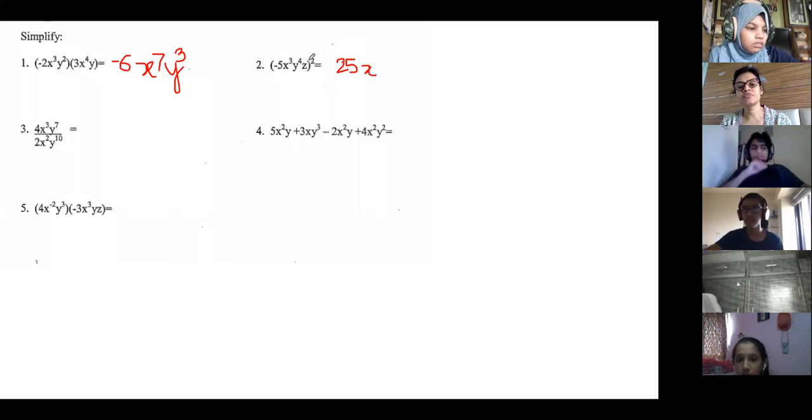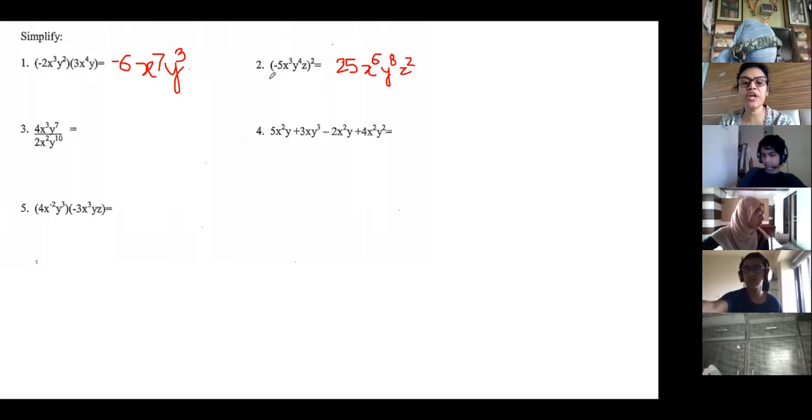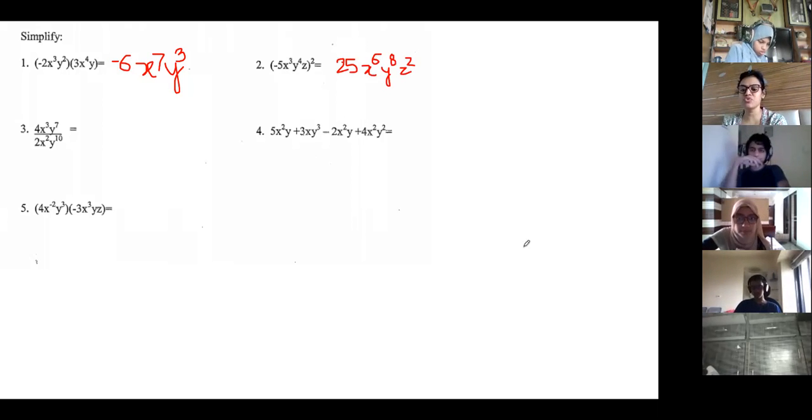So what is x raised to? X raised to 5. No, x raised to 3 into 2. Powers are multiplied. Who will answer this correctly? 3 twos are 6. Correct. And next one, y raised to? 8. Yes, y raised to 8. And z raised to? 2. So whenever exponents are there and a power is outside, powers are multiplied. Okay, this is the law we have used over here.